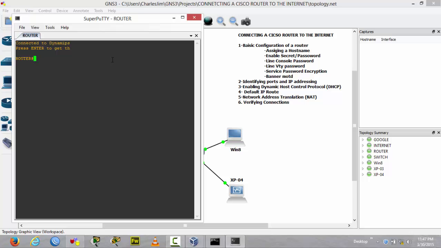First, we need to give it a host name. So when we are in this exec mode, we need to go into the global configuration mode by typing config terminal, and there we can start configuring our device. So we say hostname, let's give it BTCS as our company name,